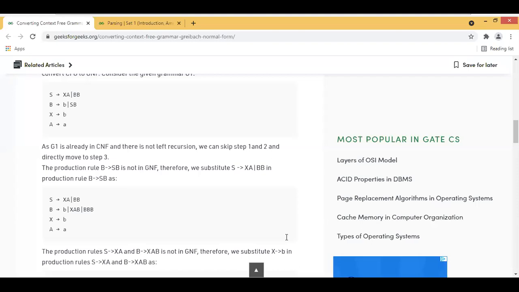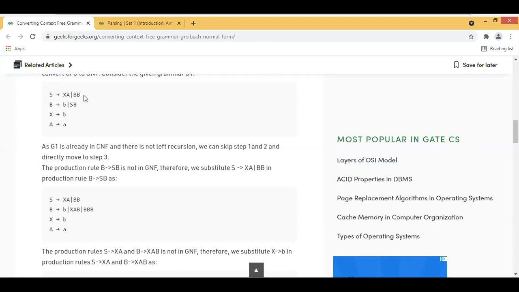I think you can get the doubt like this. Why do we substitute the rules of the S in the place of the production B? That means in the place of the production B, we're having SB, right? For the B, we're having a rule SB. Why do we substitute the rules here? Substituting the rules of S here, because S is the starting variable of the given grammar, and S is not deriving the terminal.